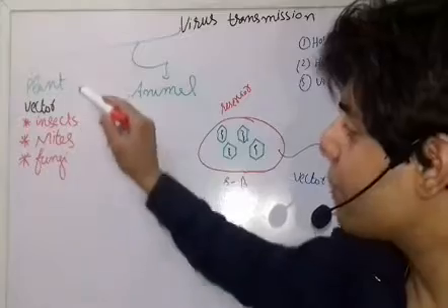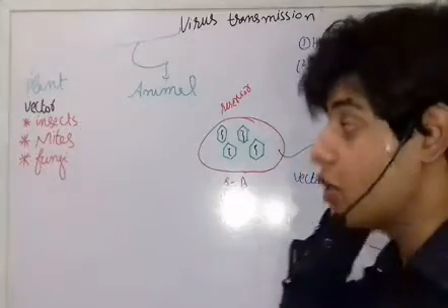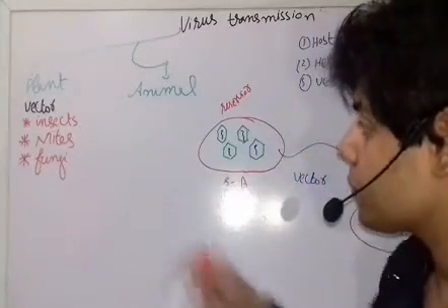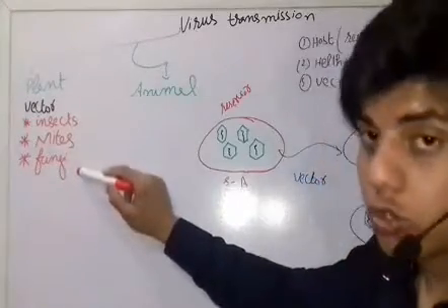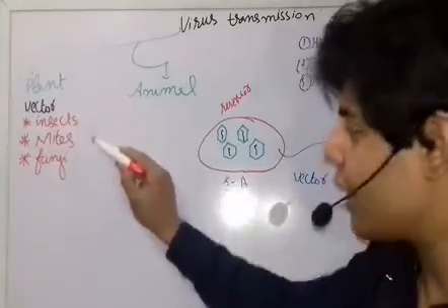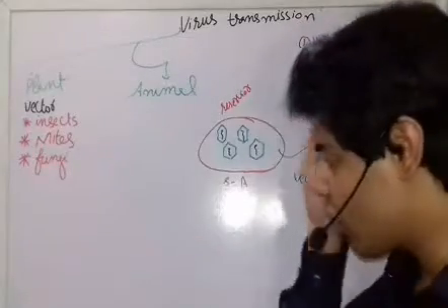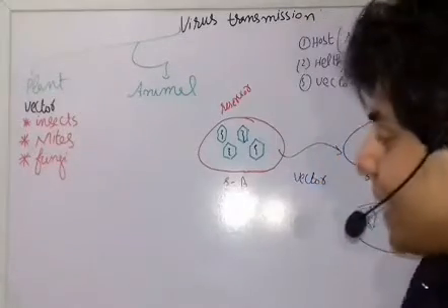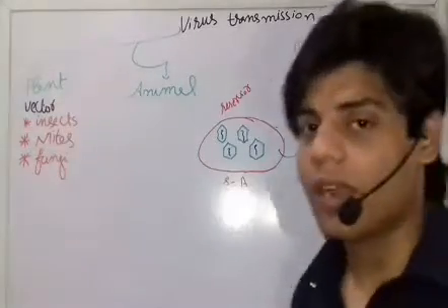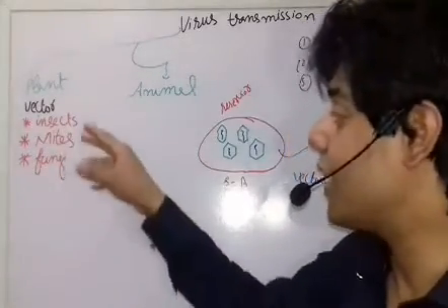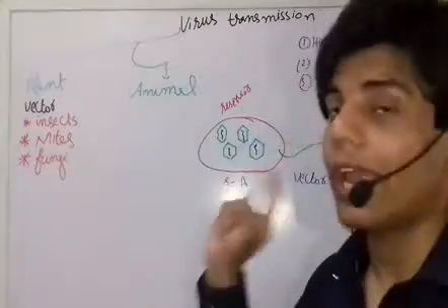Fine. So we also say that plant and fungi have similarities. Why? Because plants are eukaryotic and fungi are also eukaryotic. Plants are green in color and fungi are also green in color. Okay, next thing is how the fungi will carry the infection from the plant to the healthy host.